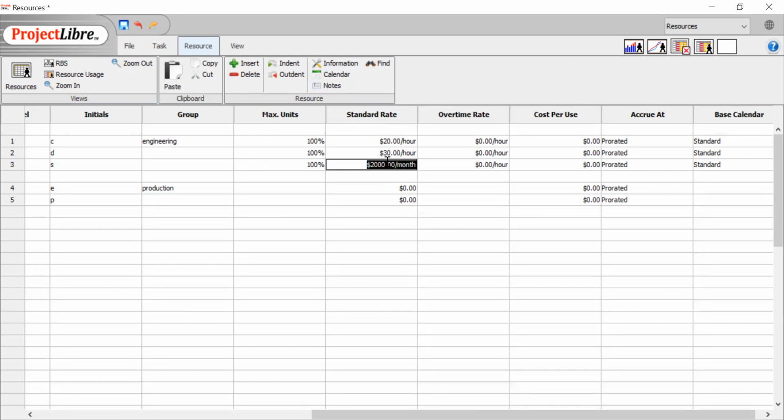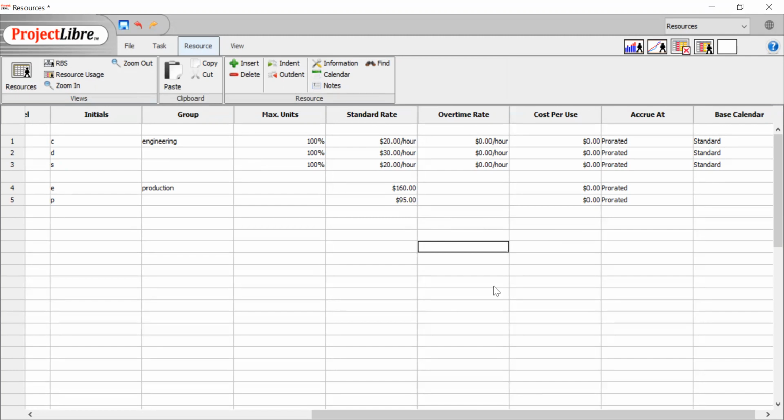For this resource sheet, it will be on a rate per hour, so 20 per hour. As for the standard rate of a material resource, it is what it costs for the use, so that would be electrical wires at $160 and paint for